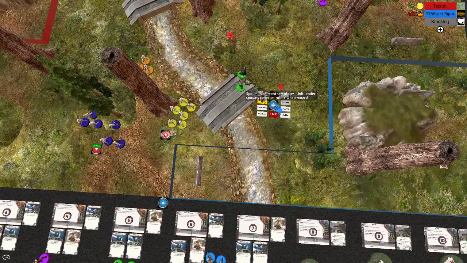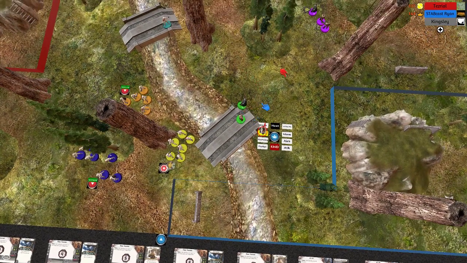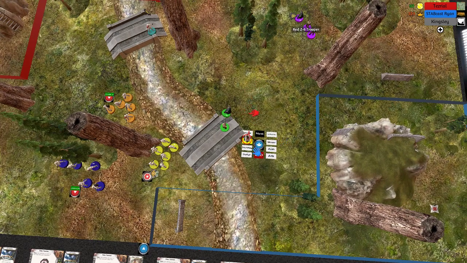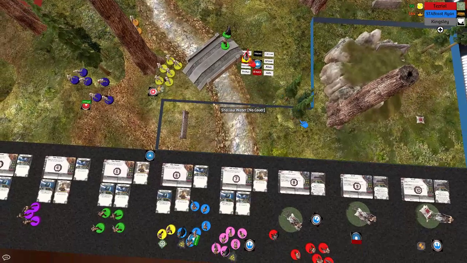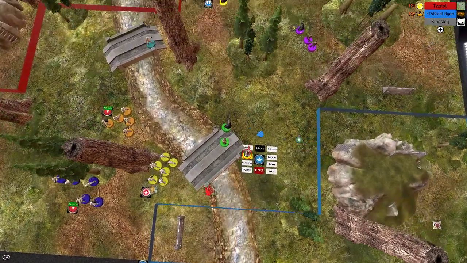I think you activate Leia here, remove the suppression from these troopers. But she really needs to remove suppression from the purple guys if she's in range. I guess she's not in range of them. So she'll remove the suppression from the green troopers instead. And then she could aim and shoot, probably. I don't think it's worth dodging because you want them...